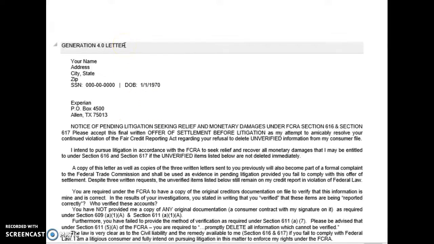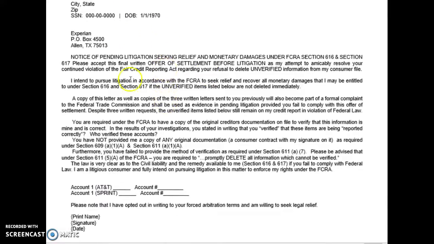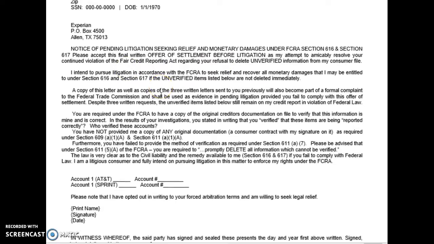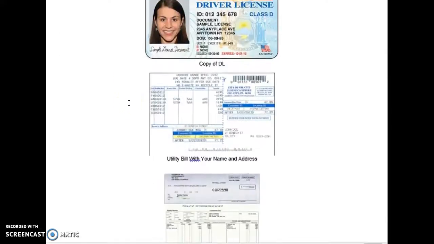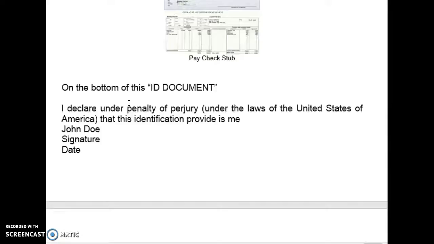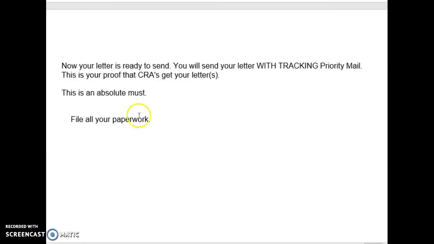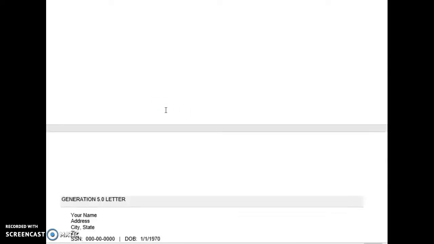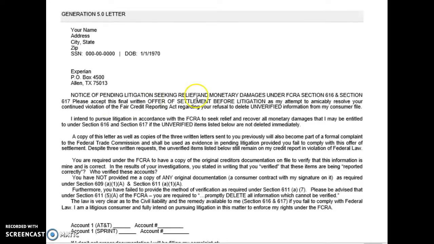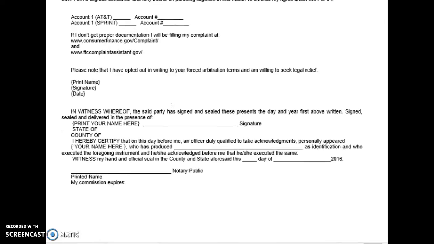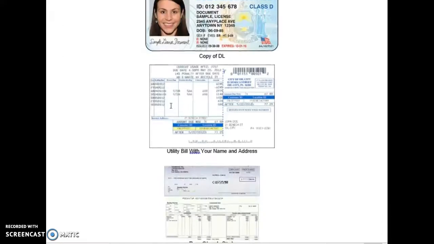Then we go on to Generation 4. This is the notice of pending litigation. The account numbers, signed, notarized, and your identification form, and file all your paperwork. And we go to Generation 5. Notice of litigation, seek monetary damages. You get it notarized, with your identification form,